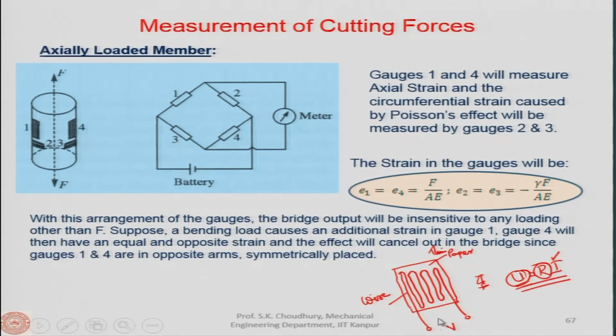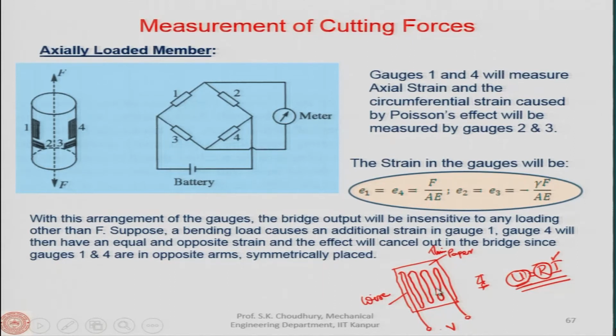Then when the voltage is passed, current is passed, the voltage is changed depending on the change in the resistance, and the change in the resistance of the wire is proportional to the change in the shape, because of the deformation of the axially loaded member. So, in gist, if the member is given an axial load here, these members are also deformed, and this will show through the change in the voltage, which will be proportional to the change in that axial load.